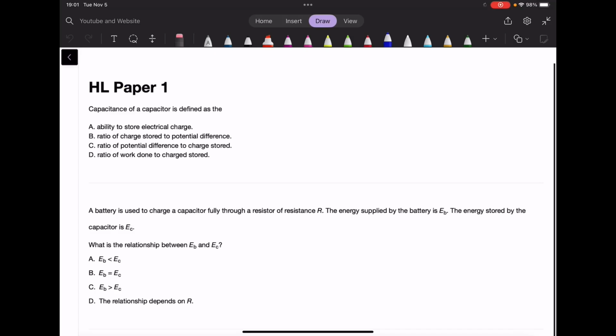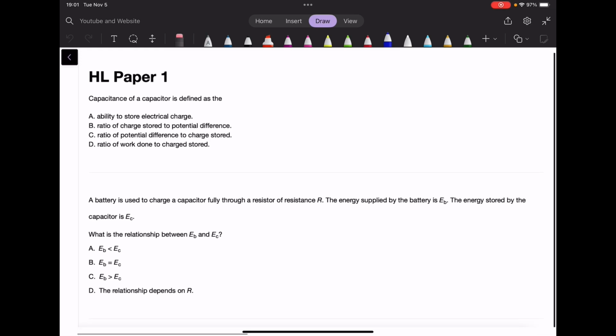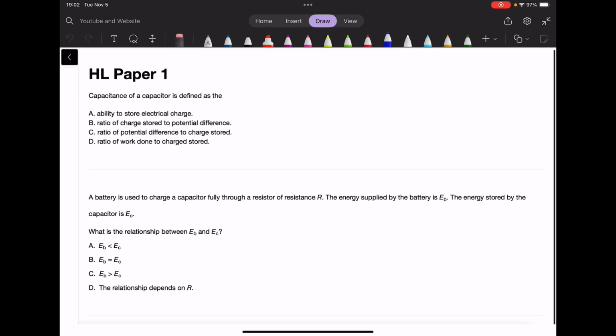In this video, we will be solving paper 1 questions for topic 11, electromagnetic induction. The first question asks, what is capacitance? Capacitance of a capacitor is defined as A, the ability to store electrical charge, B, ratio of charge stored to potential difference, C says ratio of potential difference to charge stored, and D says ratio of work done to charge